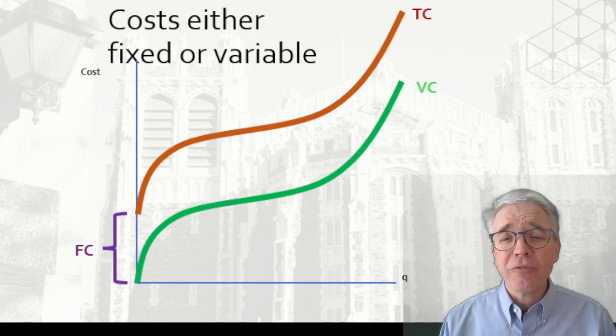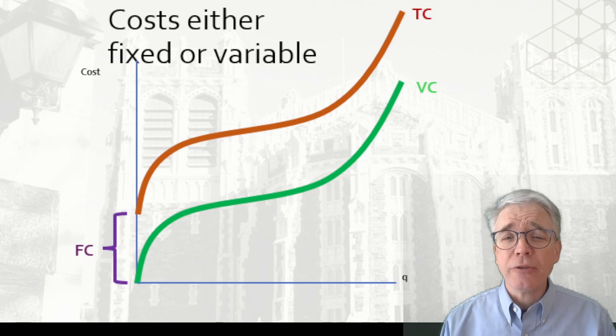We assume there's some fixed cost of operating, which might be rent for a lot of farms. To produce any quantity greater than zero, this firm needs to spend some money. For a farm, that's often the rent of the land. I mean, even if the harvest is a total bust and all the plants die, they still got to pay some rent. Beyond that fixed cost, there's a variable cost.